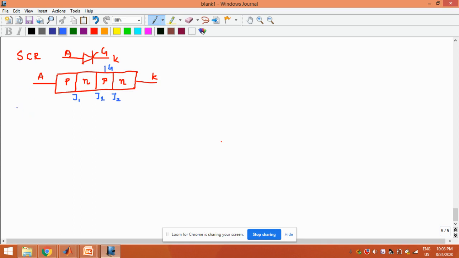Fine. The condition for SCR to turn on is SCR needs to be given forward bias, and then also another condition, the anode to cathode current of SCR should be greater than its latching current. Fine. With this background knowledge, let us get into the triggering schemes one by one. So one is the forward voltage triggering.